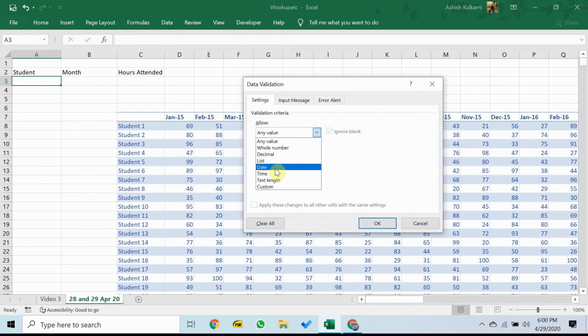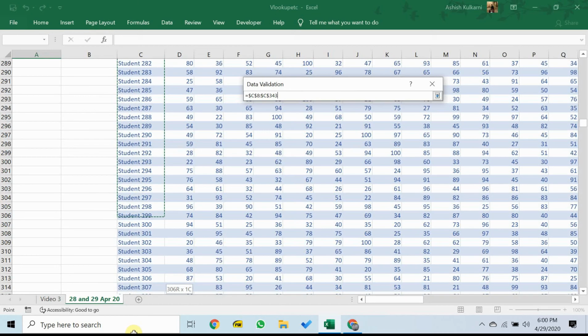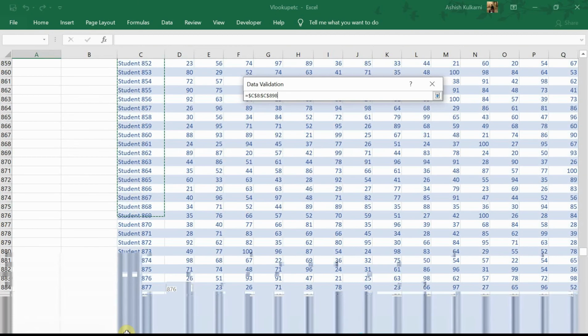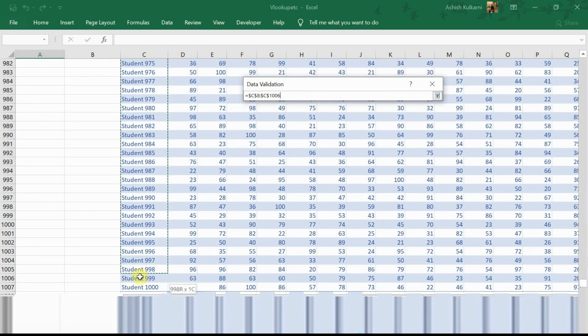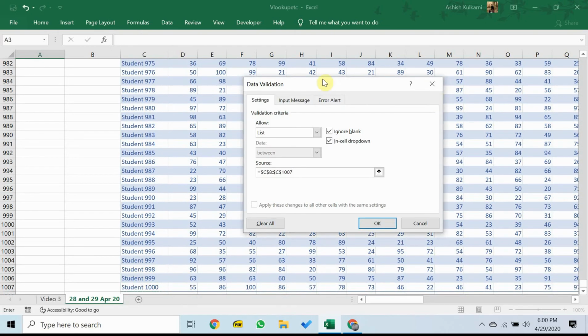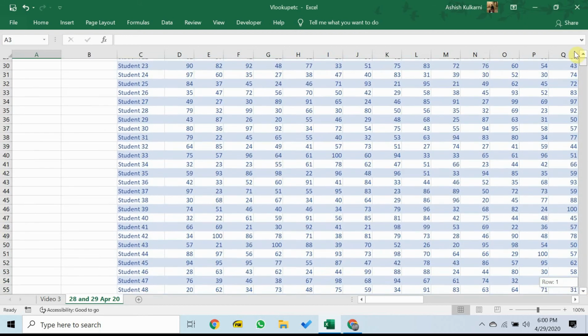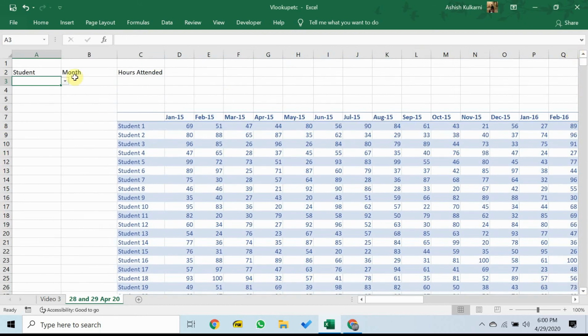Allow list. Source in this particular case is student 1 through student 1000. Believe it or not, it is that simple. Go to data, click on data validation, allow list, choose the source. And I'm not joking, it really is that simple. We have created a drop down list over here